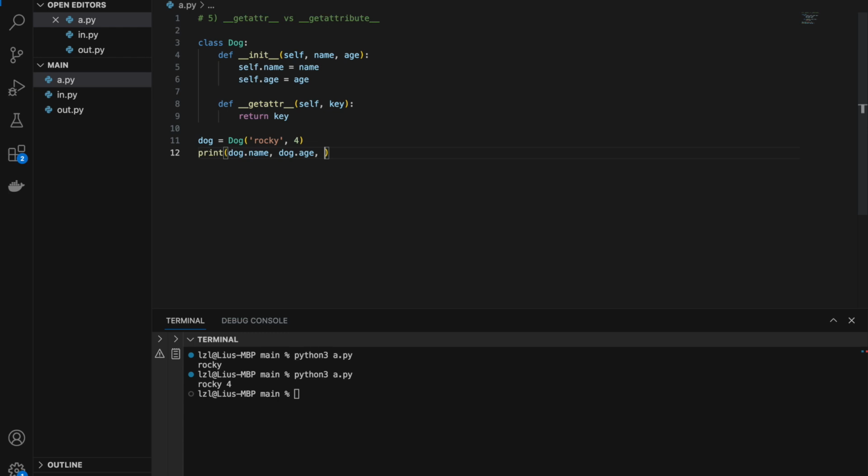So over here, I'm going to add dog.breed, which is not actually defined in our init method. So this breed is something that does not usually exist. So if I run this, I'm going to get Rocky, 4, and breed. So what's happening here is because breed does not exist as an attribute inside the dog, the __getattr__ method is called, and we simply return key. So here, if I replace this with not found, and if I run this again, I'll simply get Rocky, 4,